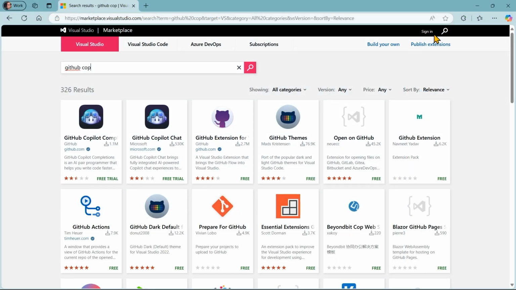Now, obviously, there's a few different ways in Visual Studio to install components. One option here is going to the Visual Studio Marketplace, marketplace.visualstudio.com. You search for GitHub Copilot, and from there, I would say make sure you select the first two options showing up here. And similar to VS Code, it's two extensions that you need to install. One for the interaction with generative AI, the code completion, and then the other extension to have that little chat